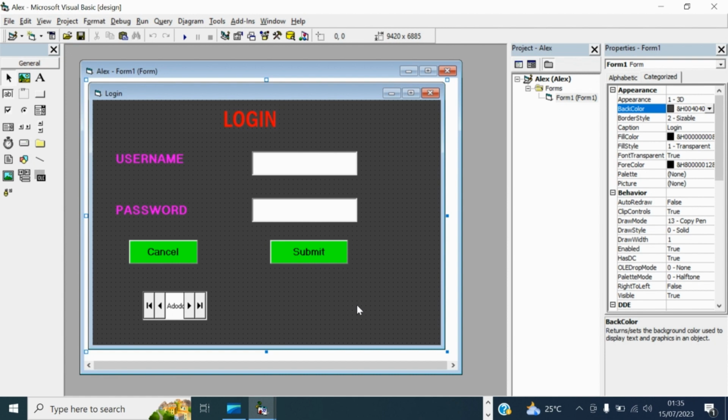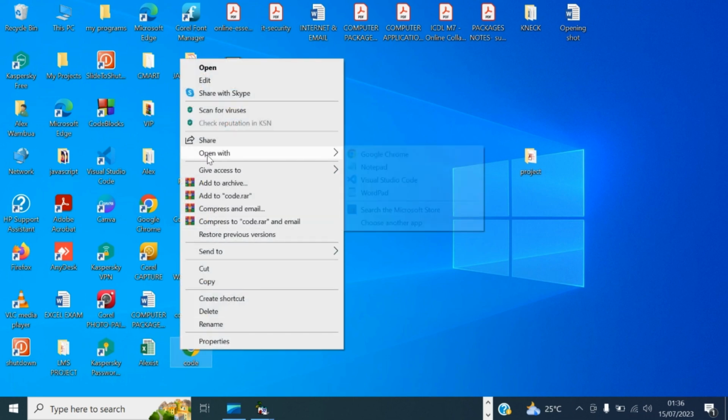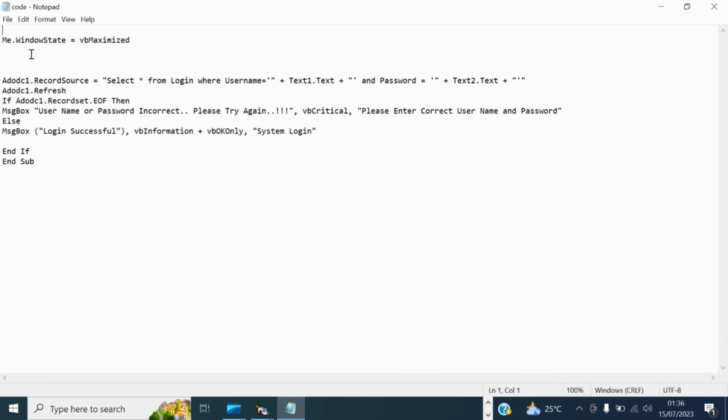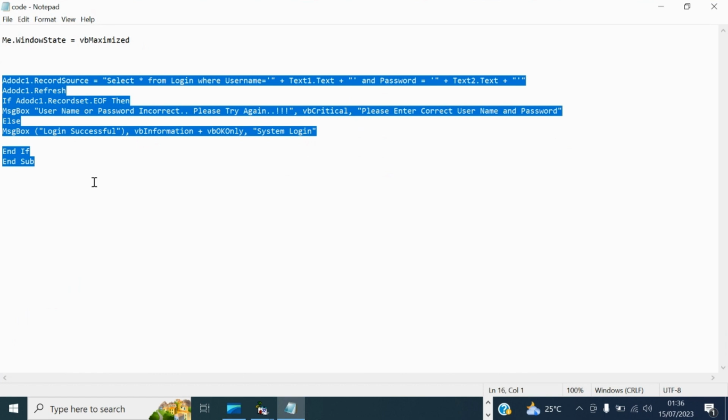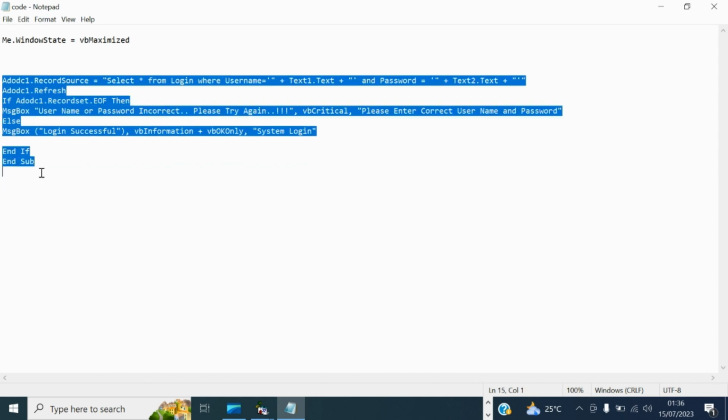The next thing is now to write a code to connect to the database. So I have this notepad here with some code that I'm going to employ. So this is the login code. This one will allow us to log in. So this code is the same. Any program you're going to create for login, you can use this. Okay, so you're going to copy it